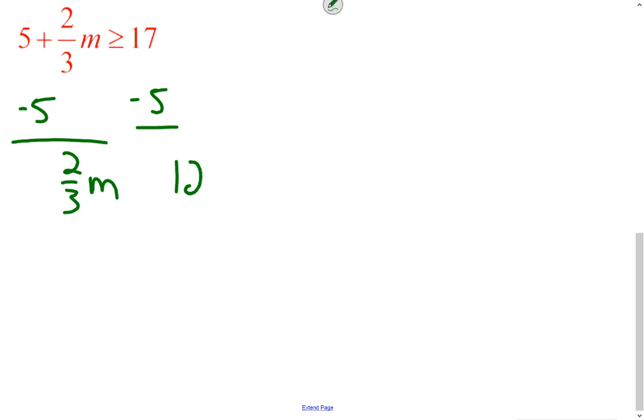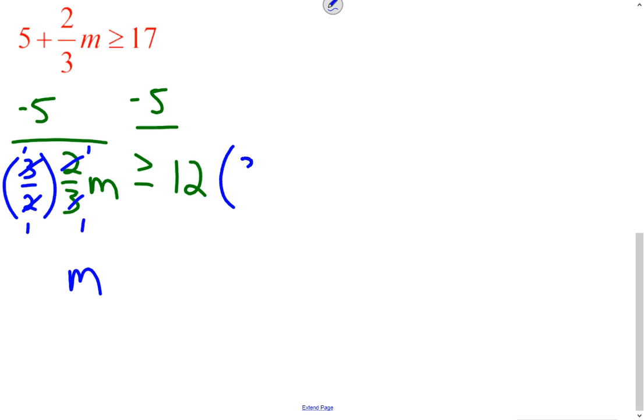And we're left with 12 on this side, subtracted, so our sign stays as is. Now I need to get rid of the 2/3. So remember, if we multiply by the reciprocal, the 3's in the numerator and the denominator are going to divide out, become 1's. The 2's in the denominator and the numerator divide out, become 1's, so all we're left with is the m. And since I multiplied the left side by 3/2, I have to multiply the right side